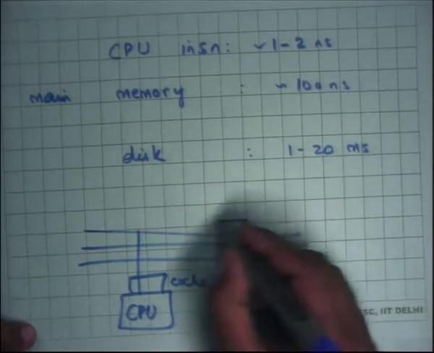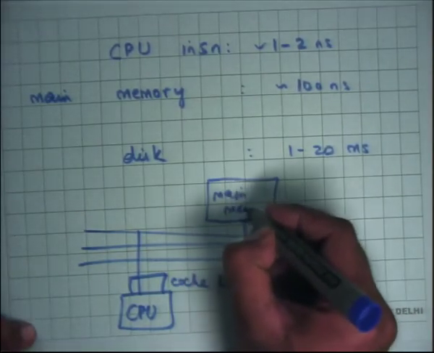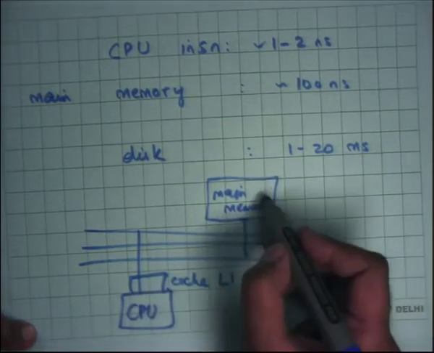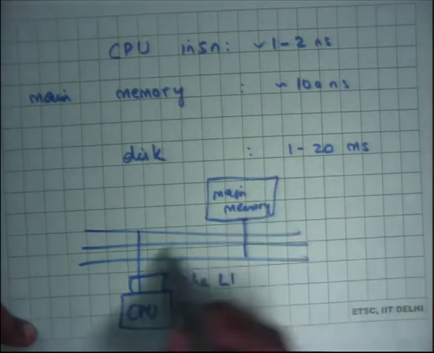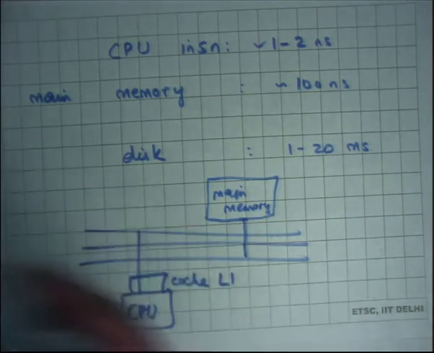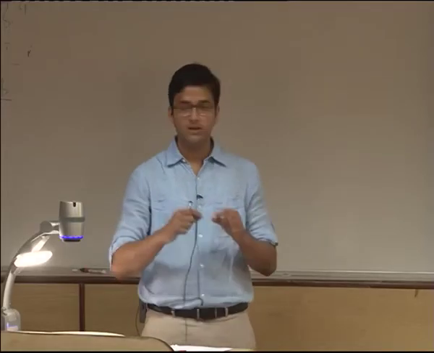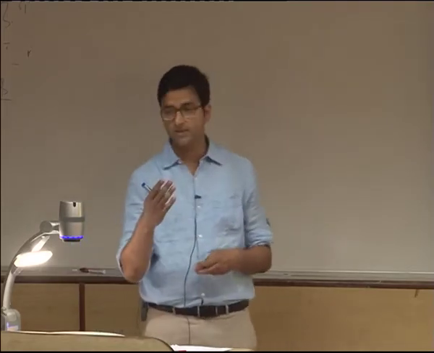Now main memory on the other hand is off chip, right? So this is the main memory, and anything which is a cache miss in L1 has to go to the main memory and has to go through the bus. It has to travel a longer distance. Also it has to talk to the bus to make sure that if there are multiple devices on this bus, for example multiple CPUs or other things, then there has to be some contention protocol that has to be followed, and so it takes longer, and it takes roughly 100 nanoseconds to access the main memory.